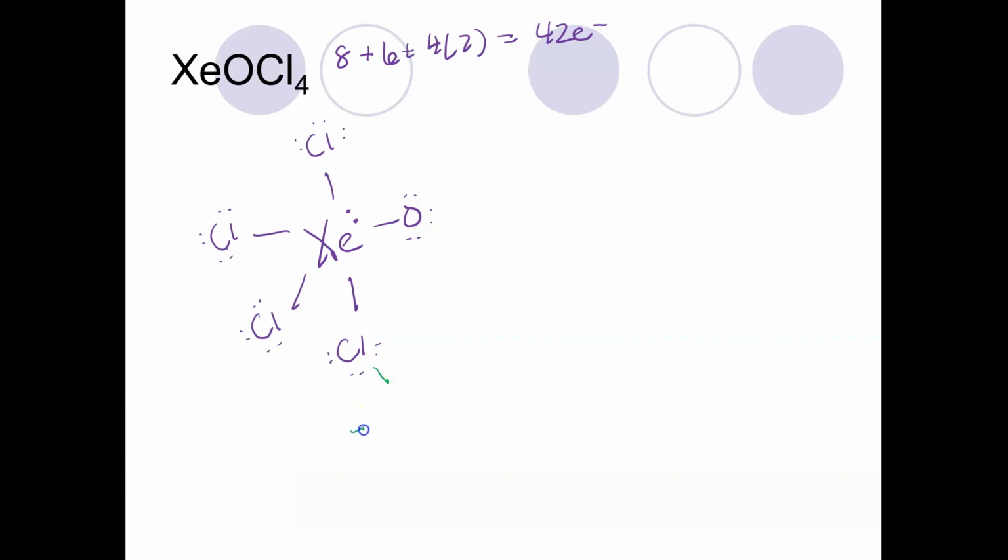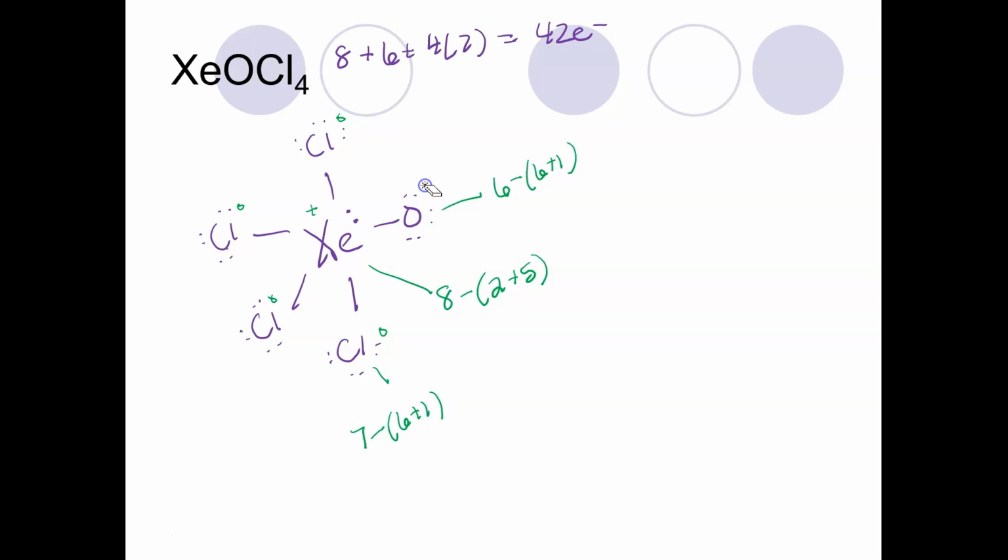So formal charges for chlorine, 7 valence electrons minus 6 dots and one line. That's a 0. I'm going to put a 0 on all the chlorines because they'd all be the same. Xenon, 8 valence electrons minus 2 dots, and right now 5 lines, so it'd be a +1. And then oxygen is 6 valence electrons minus 6 dots and one line. That's a -1. So +1 and -1 isn't the worst, but I'm going to see if I can try to